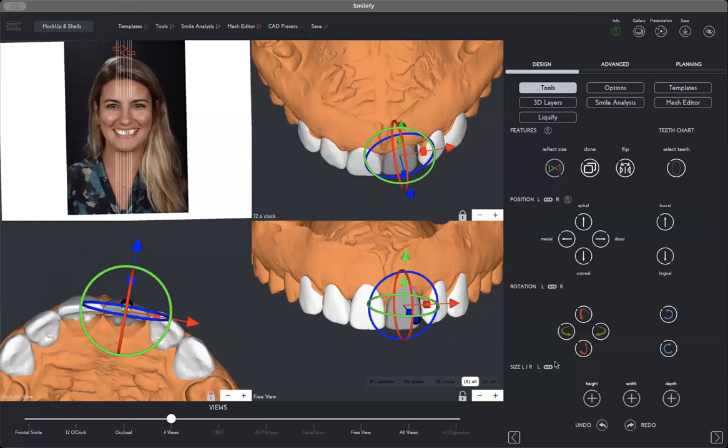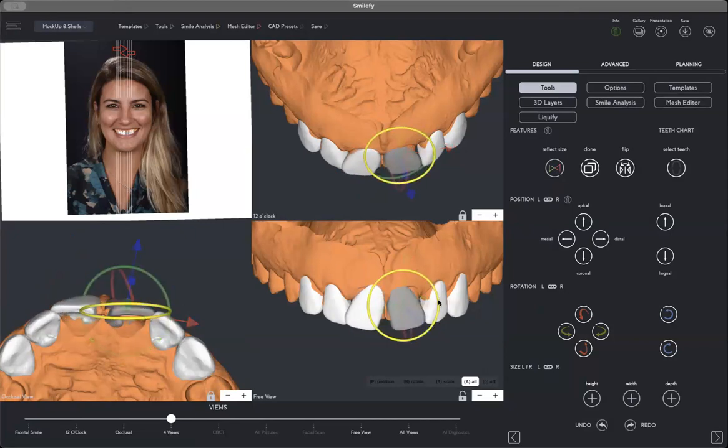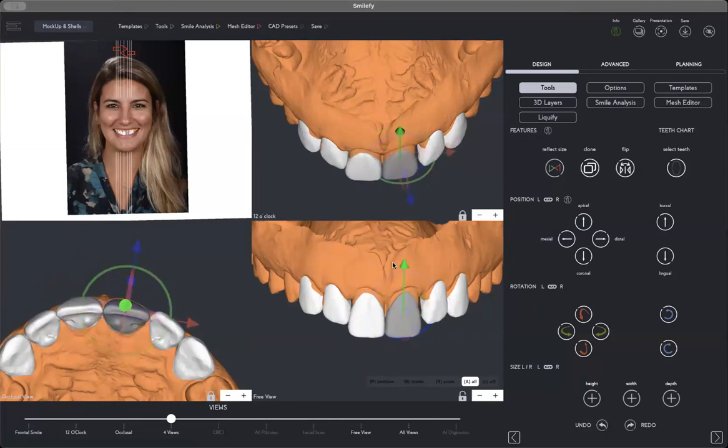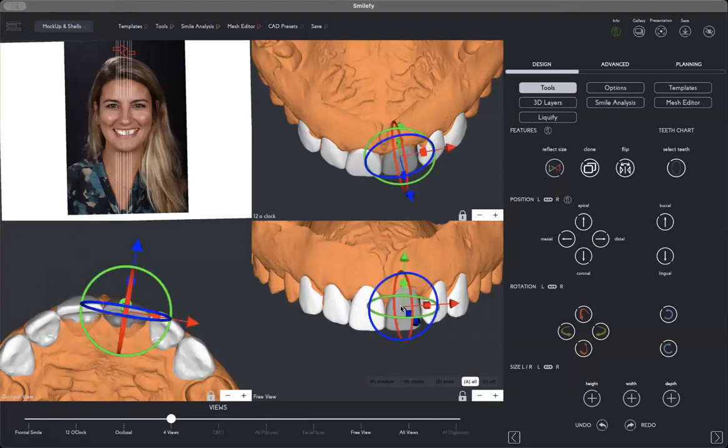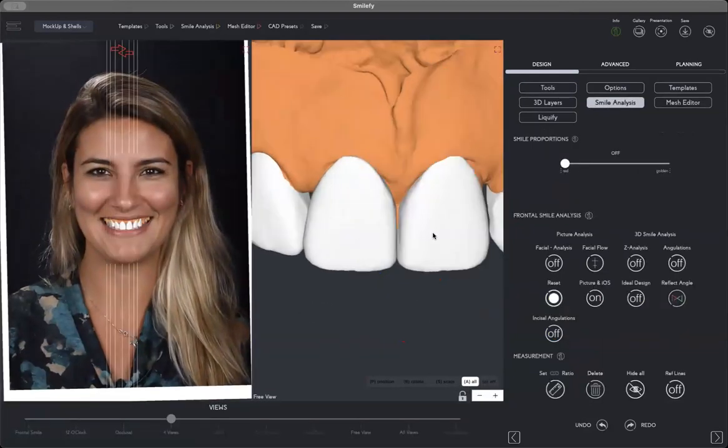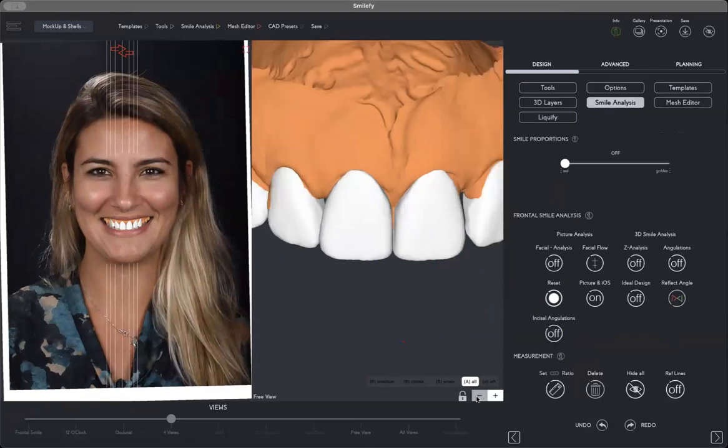If the link option is on, you can rotate. It's linked right and left side. You can resize. Both are the same, you see, like this. And you can move them up and down. Good. So the smile analysis,